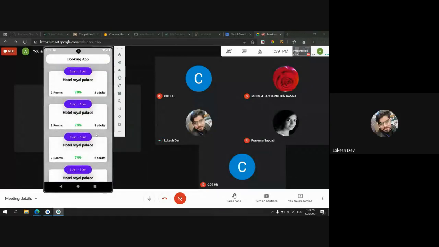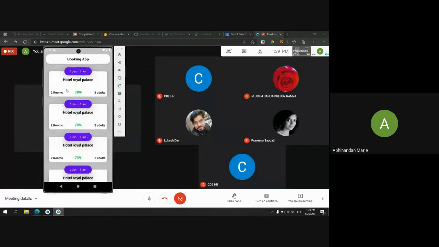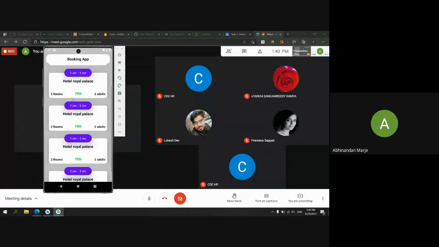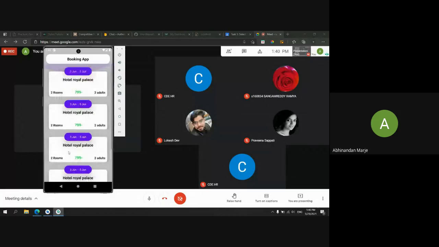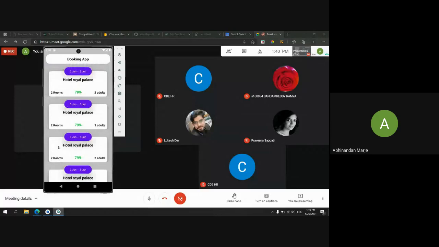If you don't want to build the same layout which I showed, you can skip it and go with your own layout, but make sure you are using the custom app bar, the CardViews, LinearLayout, and ScrollView. I want all those things included in your UI. Is there any doubt?